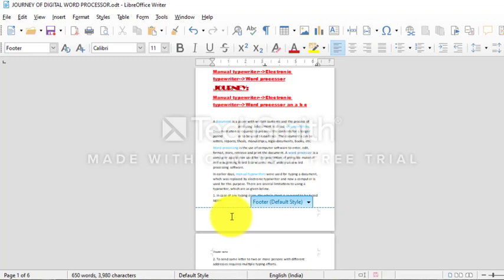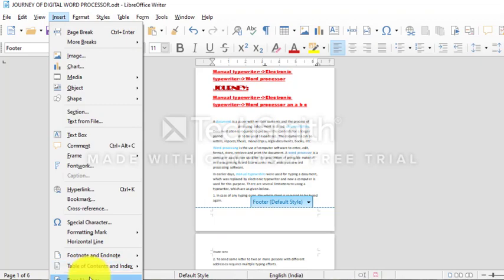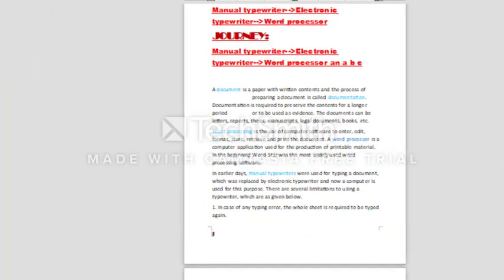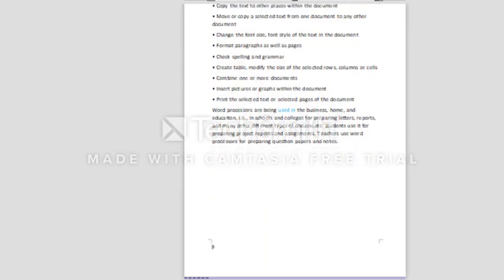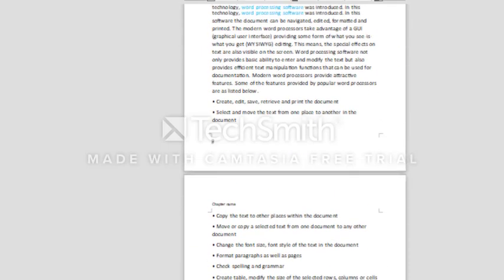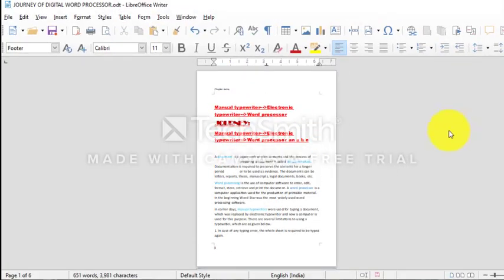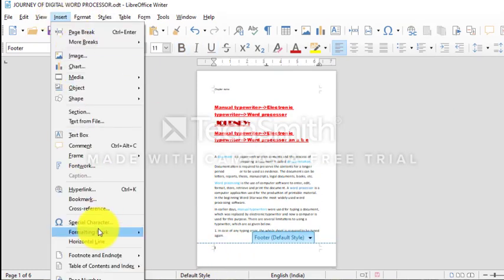Place the cursor over there, Insert and then Page Number. And now you can see 1 is there, then 2 is there, 3 is there. So this is how you can assign the page number to the document. Okay, just click in the footer section, then go to Insert and go to Page Number.